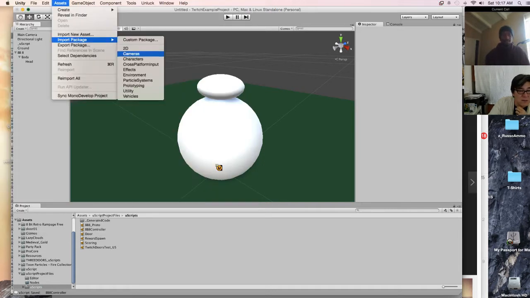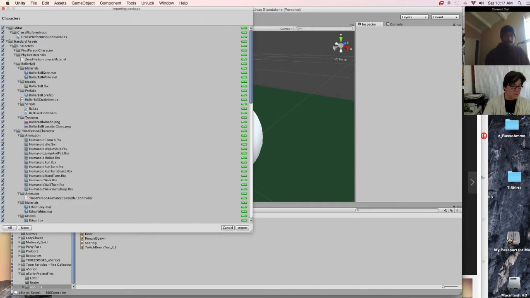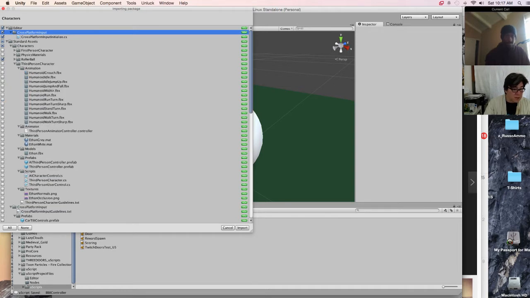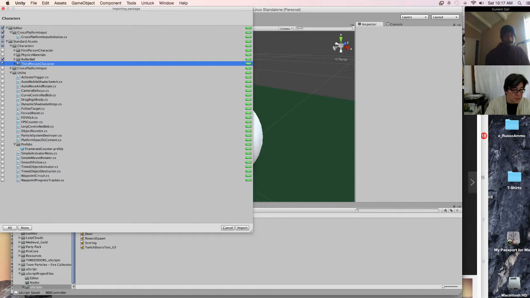Let's go to import package characters. Let's look inside the character package. Oh yeah, I think it should be in there. Okay, there's first person character. Rollerball. We got a rollerball controller. Well, let's pull that in. I'm going to go with none on this, and I'm only going to check the things that I want. It looks like it may need the cross-platform input script. There's rollerball, so I've got that checked. Third-person action controller. Maybe. Let's try that one. Cross-platform input. I don't need that. Utility. We may need utility.